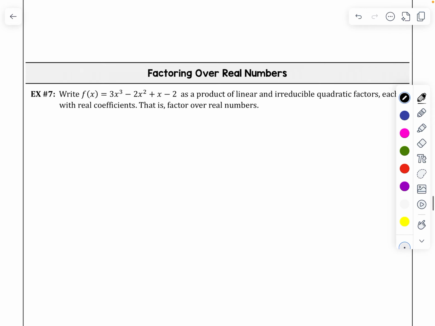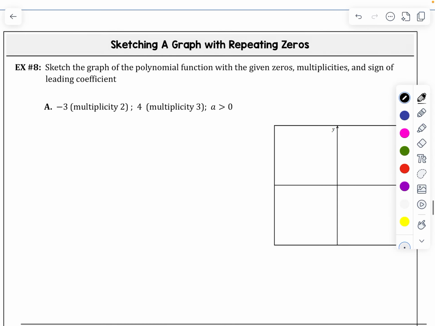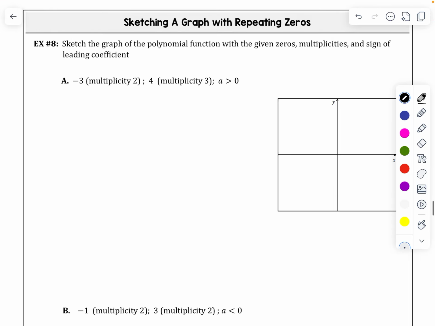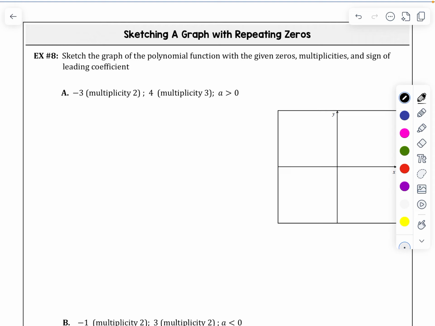We're going to skip that next one. We'll come back to that. We're going to factor over some real numbers. So write f of x equals 3x cubed minus 2x squared plus x minus 2 as a product of linear and irreducible quadratic factors, each with real coefficients. That is, factor over real numbers. We're going to think about different forms here. Actually, we're going to skip over to